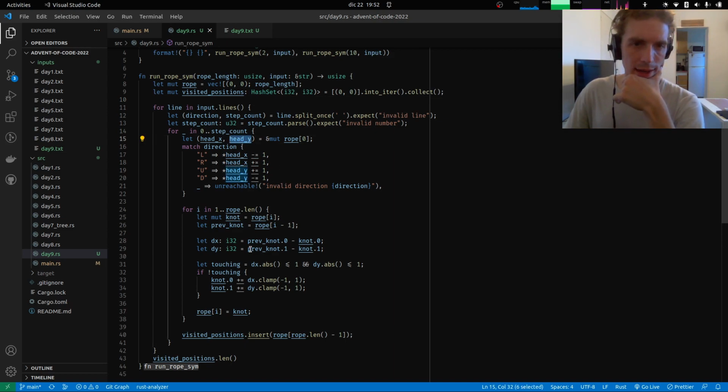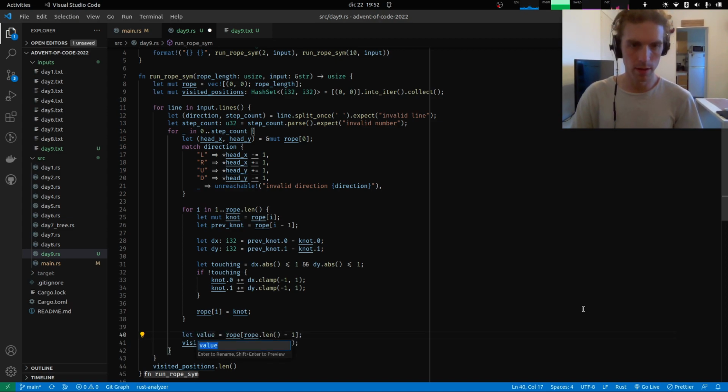And then I don't really like some of the stuff that we were doing here. It's not too bad either. So this is the tail. We can probably extract this into a variable. Let's call it tail. And yeah, I guess the only thing that I would change here would be to have